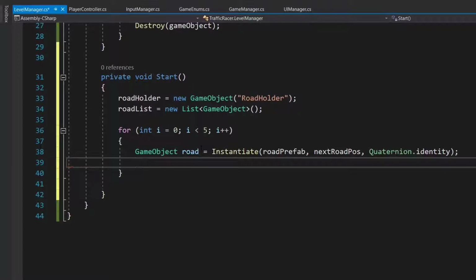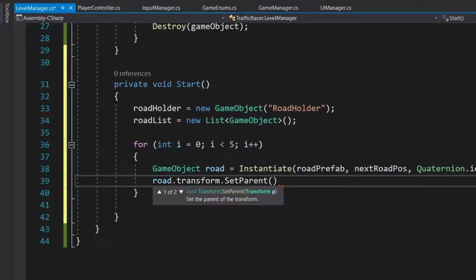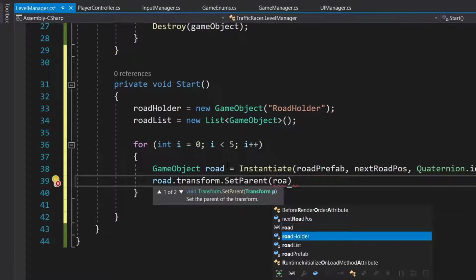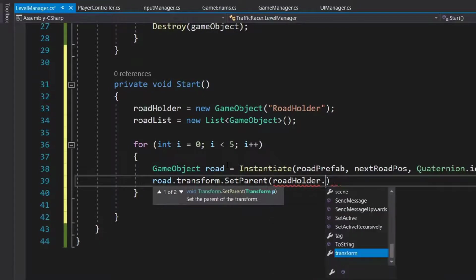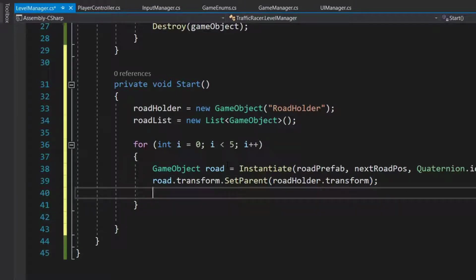Then we call road.transform.SetParent to roadHolder.transform. So we are basically making this game object a child of the RoadHolder game object.